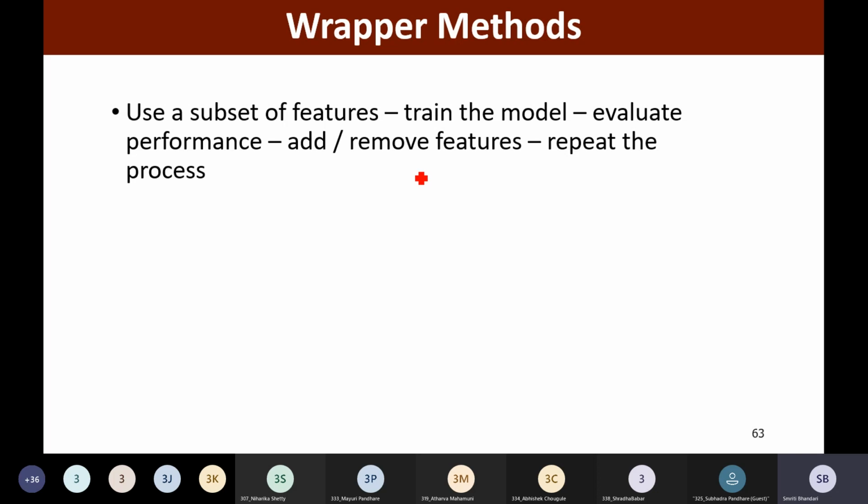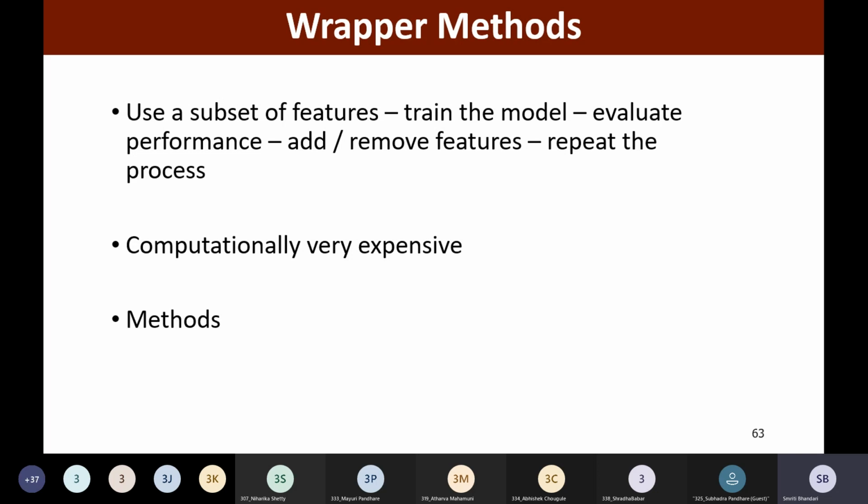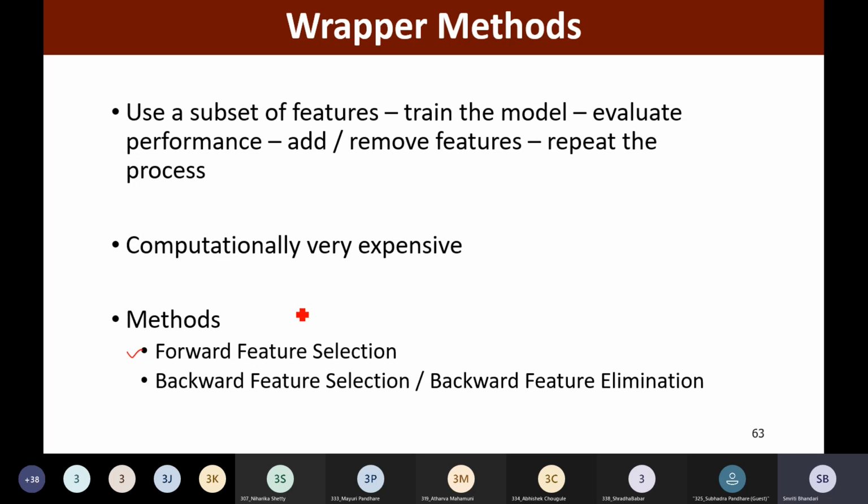So the problem is essentially reduced to a search problem, where we find the appropriate subset of the features. These methods are usually computationally very expensive. Some common examples of wrapper methods are forward feature selection and backward feature selection, or backward feature elimination,